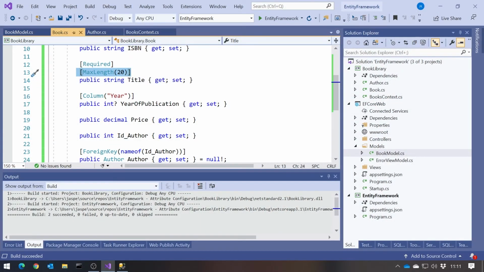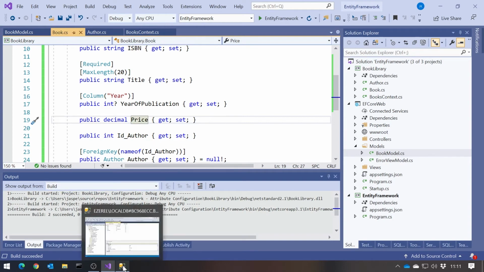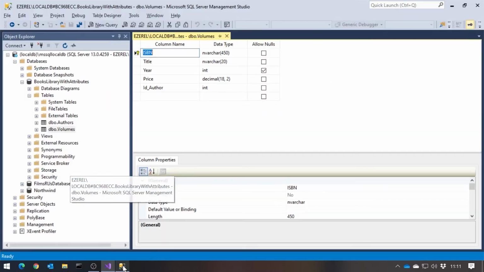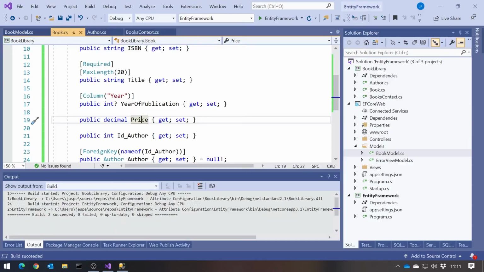Another one we might be concerned with is our price, because price is a decimal and there are all sorts of different ways of representing decimals. So you can see here we've got what are known as the precision and the scale, and it defaults, and normally this is going to be okay, to a precision of 18 and a scale of 2. That's what fits in with a C# .NET decimal. But you can change it.